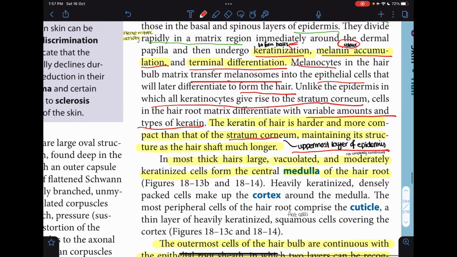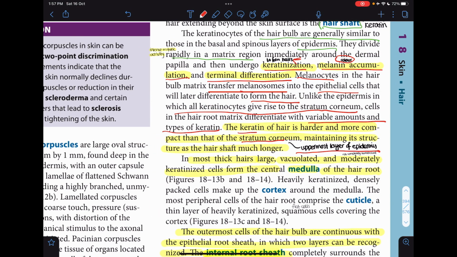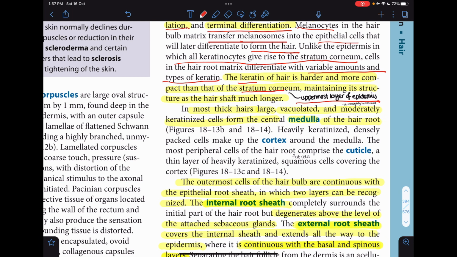For the hair, we know that it's very fine, so the keratin is more compact and harder to help maintain the hair shaft much longer. In most thick hairs, large vacuolated and moderately keratinized cells, moderately, meaning not completely keratinized, form the central medulla of the hair root. Then we have the cortex, which is heavily keratinized, and densely packed cells which make up the cortex around the